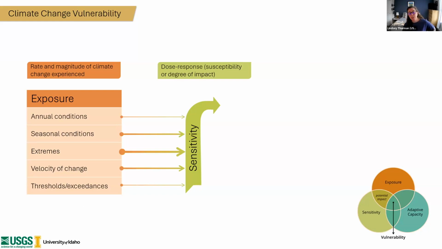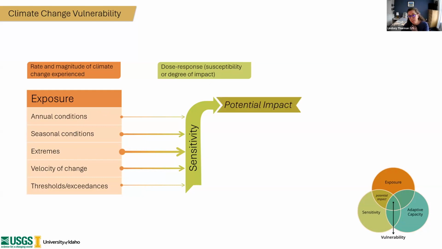And sensitivity, there's some ambiguity between sensitivity and adaptive capacity. I like to think of sensitivity from a pharmacology, toxicology perspective, in that it's the dose response or exposure response of the species. That simply means it's the degree of impact or susceptibility that the species may have to specific climate variables. So a species may be, in this example, more sensitive to extreme conditions or changes in extremes than they are to mean annual changes over X years. And so we may upweight the importance of those extreme conditions in our vulnerability assessment.